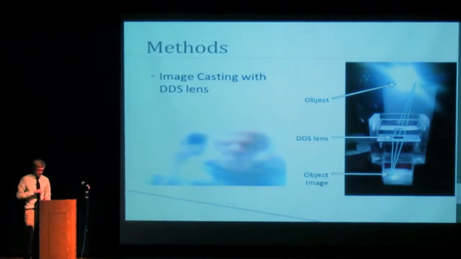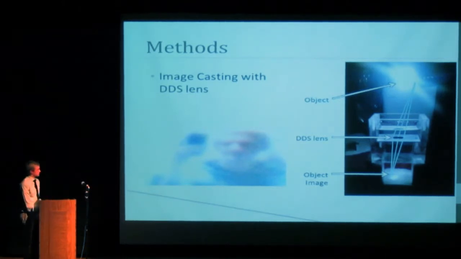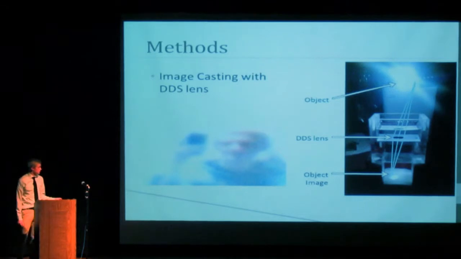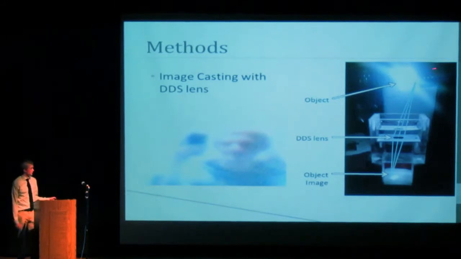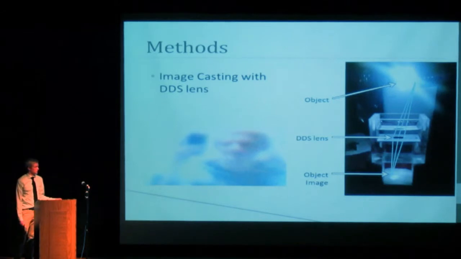With a droplet of 1-methylnaphthalene, I did some preliminary image casting. So in the picture on the right, you can see an object showing an image on a piece of paper using a double droplet system lens. So the flame, in this case, creates diverging rays of light that enter through the lens and converge down to an image on the piece of paper. And you could see different objects placed in front produce different images,